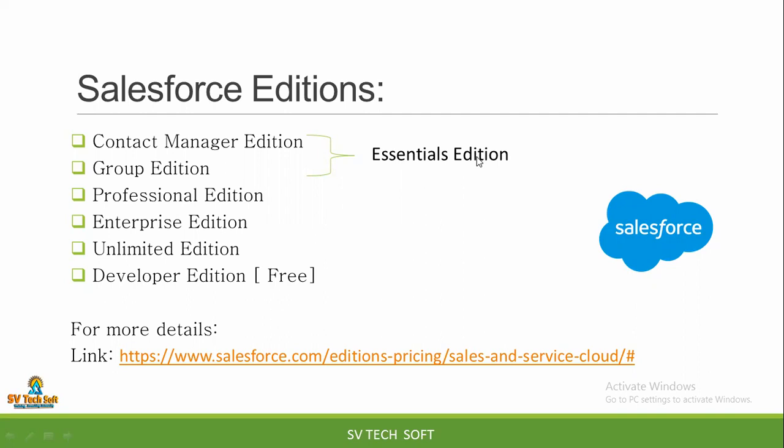See, the Developer edition is ours, free of cost. No need to pay any money. It has all features. What is the main difference between all these editions? If you take the Essentials edition, how much does it cost? Just a matter of $5. Professional, $25. Enterprise and Unlimited, the cost is higher, around $250. Lifetime validity.